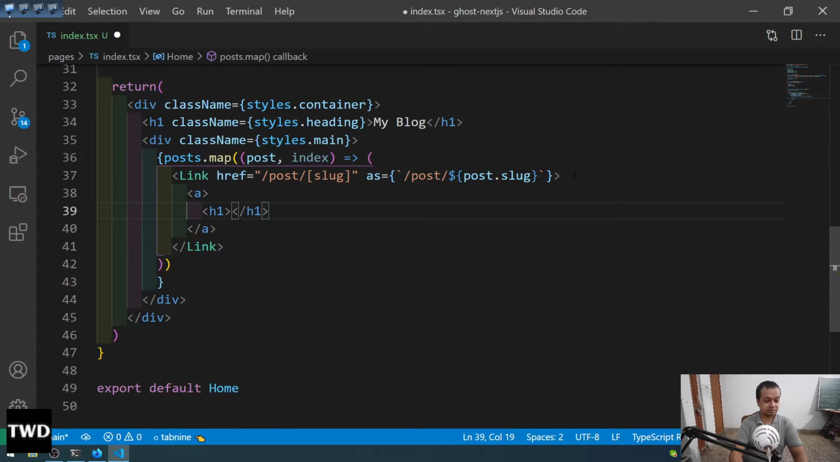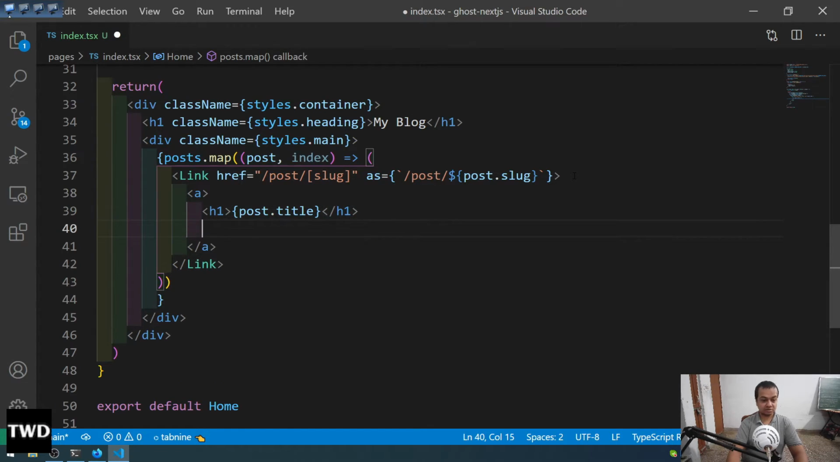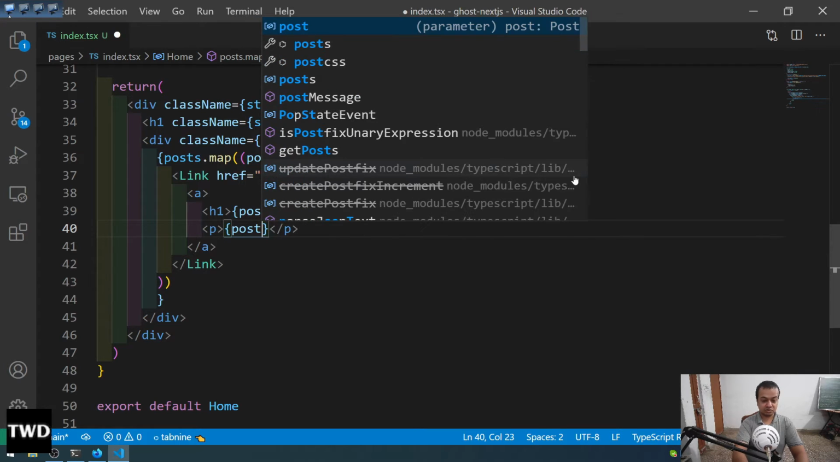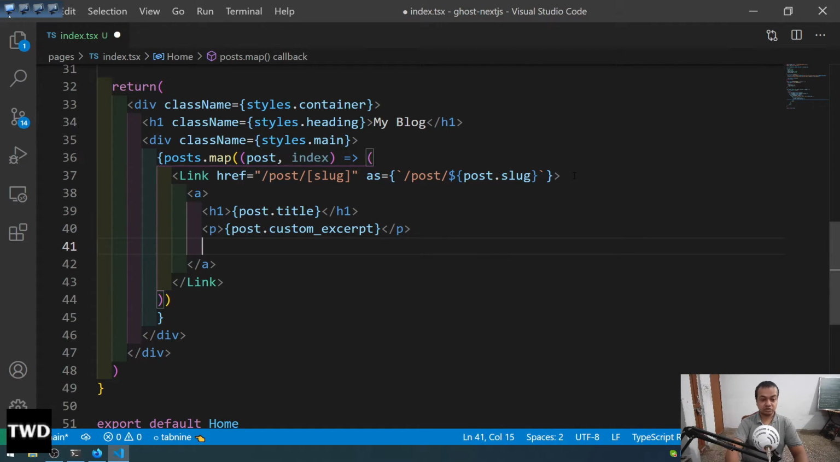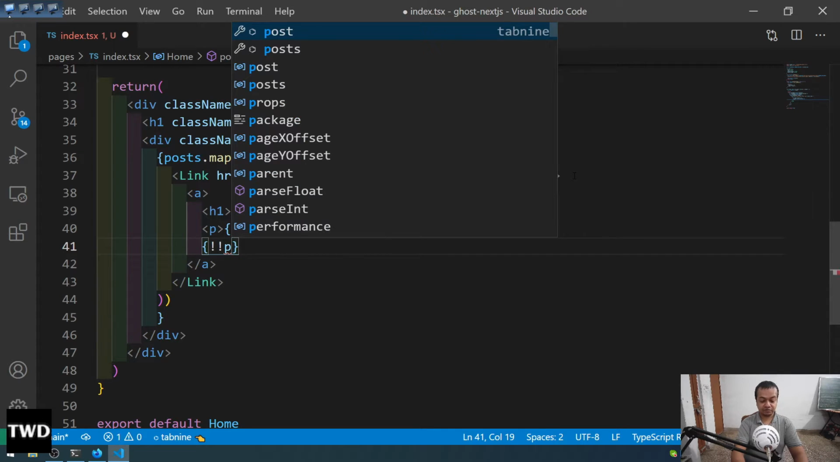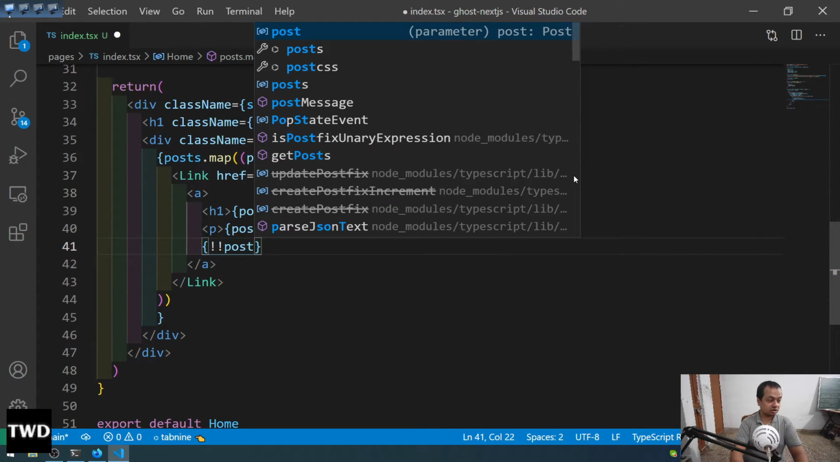h1, post dot title is there, and a paragraph tag, post dot custom excerpt, and we'll show the image also, but we'll check whether we have a feature image. So this is the new way to do it, not two times, not